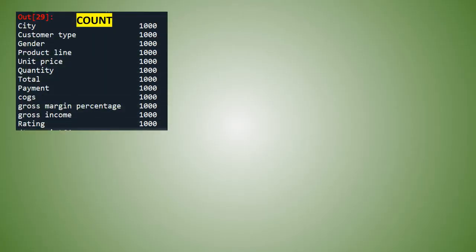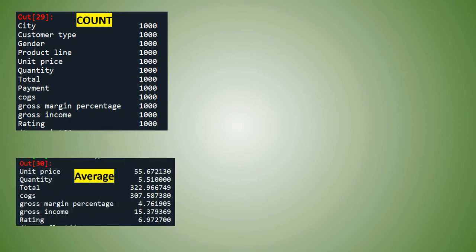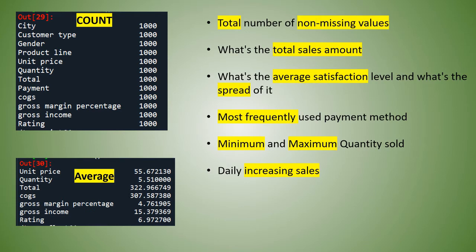Summary which we will try to find today is like getting count of non-missing values for each of the variable, average of each of the numeric variables. In short, we're gonna learn today to find total number of non-missing values for each of the variables. What is the total sales amount?